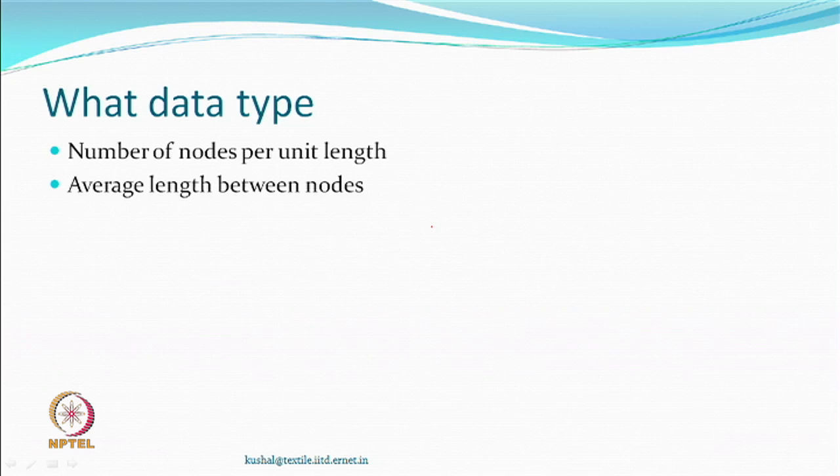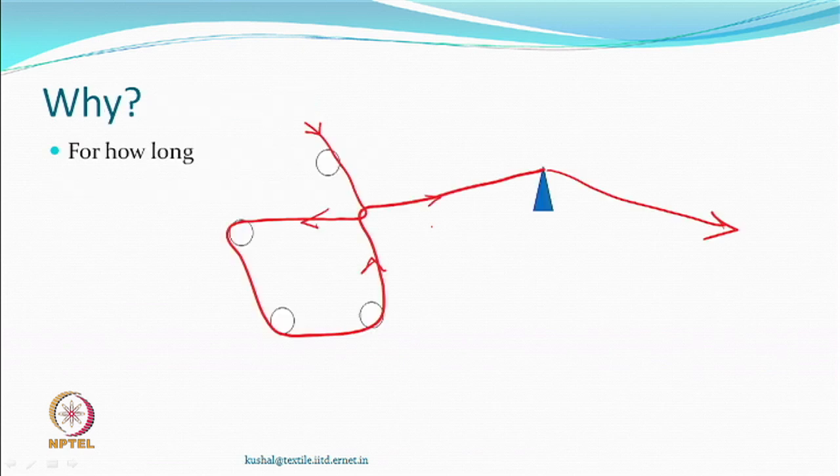So, people would do some testing where yarn over yarn friction, under tension you pass over a wedge and see the previous figures. How many nodes are now left and what is the average length between the nodes. So, what would happen is that you pass the yarn under tension, which would be, let us say, a weaving tension or a knitting machine tension, whatever. So, based on those kind of values, you pass this yarn, and if they open, you will know how much have they opened.